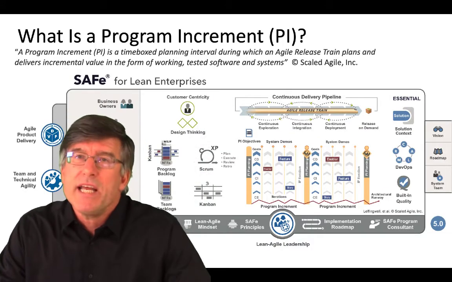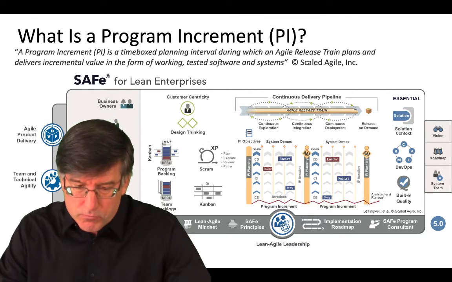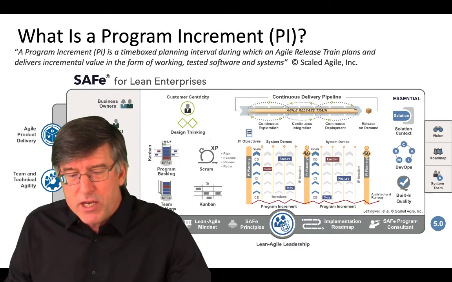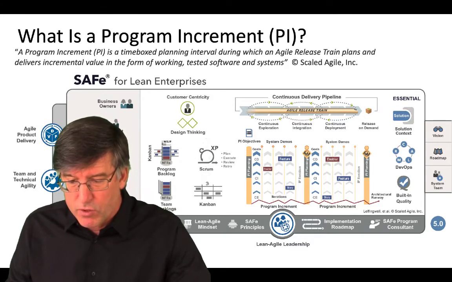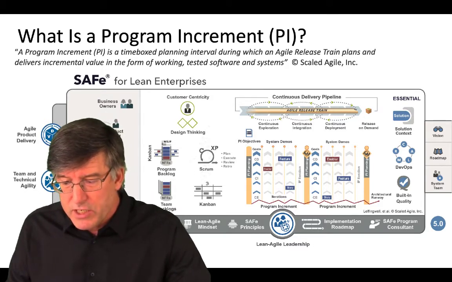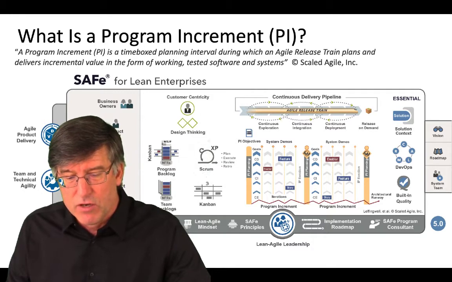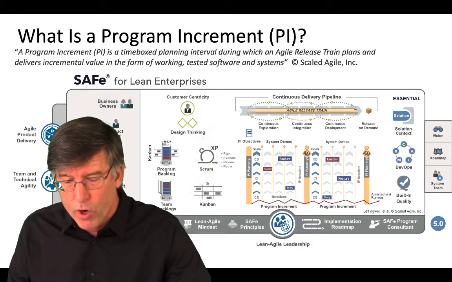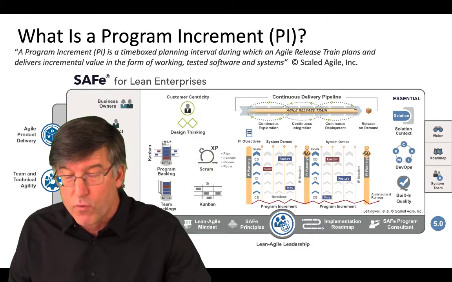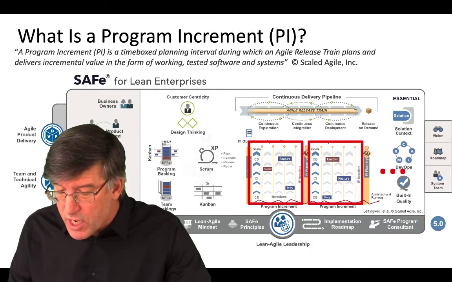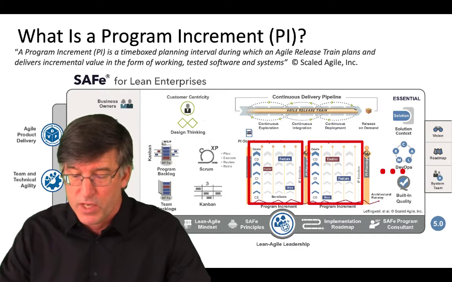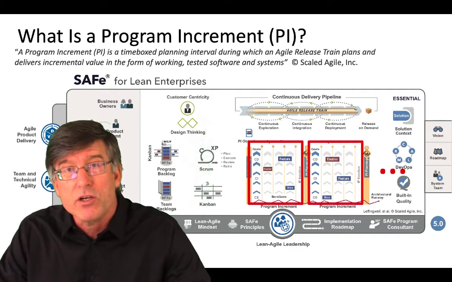So what is a program increment? Well, a program increment, according to Scaled Agile, is a time box planning interval during which the Agile release train plans and delivers incremental value in the form of working, tested software and systems. So you can see sort of this regularly occurring time box in which we are delivering increments